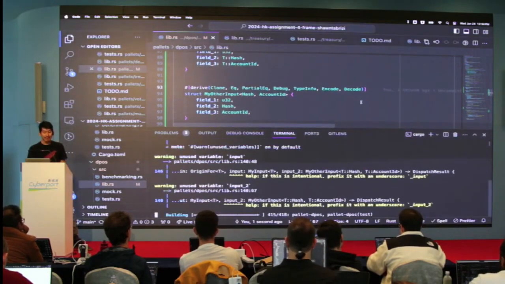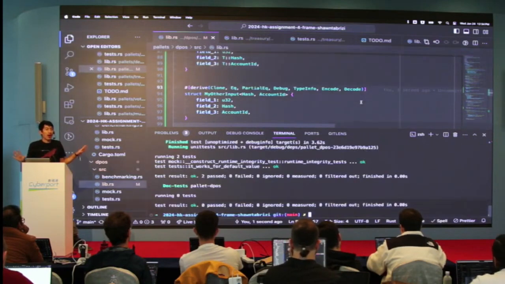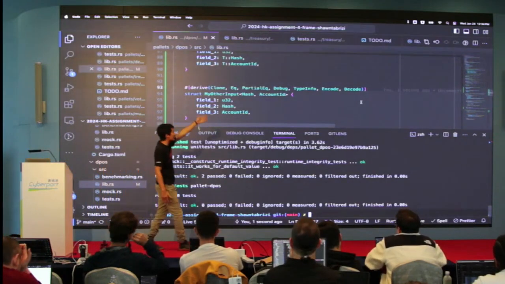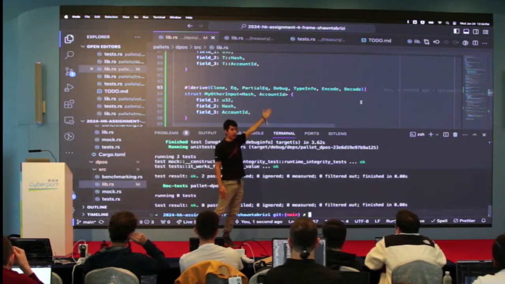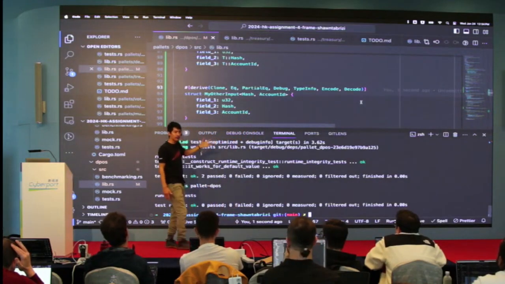And because I never used that T, all of this stuff will just work. I don't have to do this magic trick about skipping because there's nothing to skip. Rust can figure out what's going on here, because Hash and AccountId do implement all of these traits. Therefore, it satisfies this checking of the traits, right?